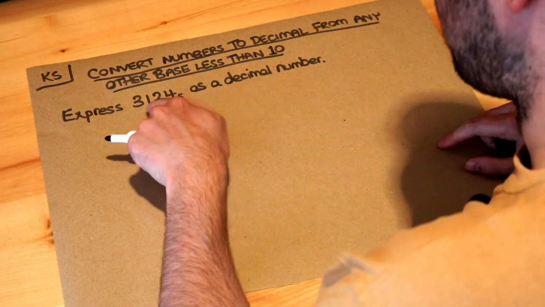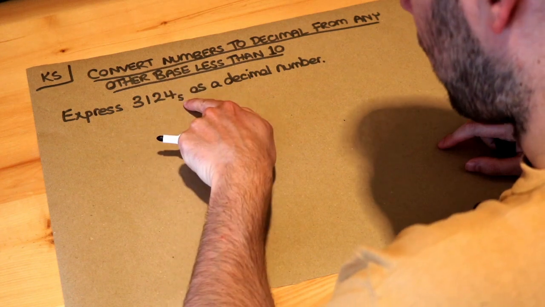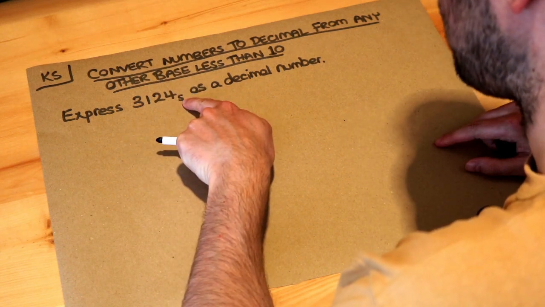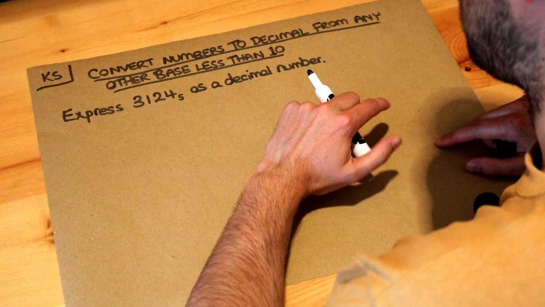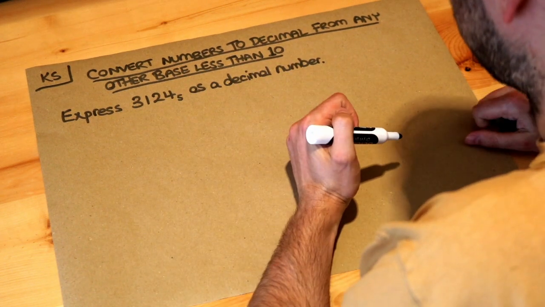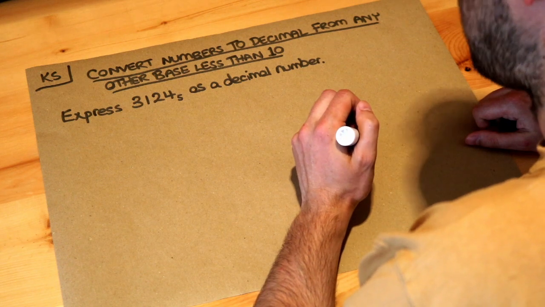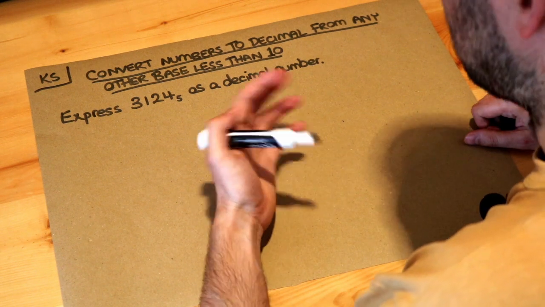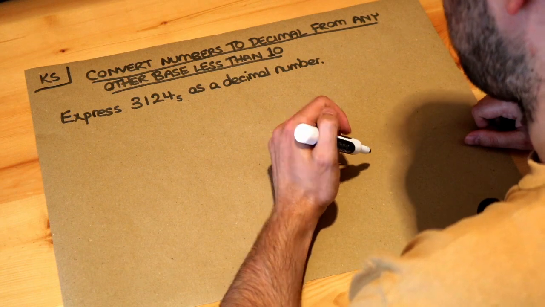And the question is, we want to convert 3124, and if you remember from the previous video, that means base 5, and we will express this number as a decimal number. And remember, decimal number is like our kind of normal number system where everything is base 10. Now, if this doesn't mean anything to you, then you may want to view my previous video first, but I'm